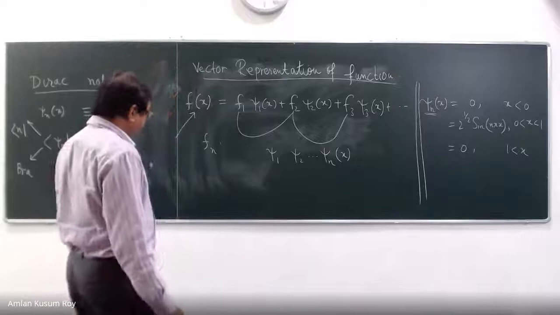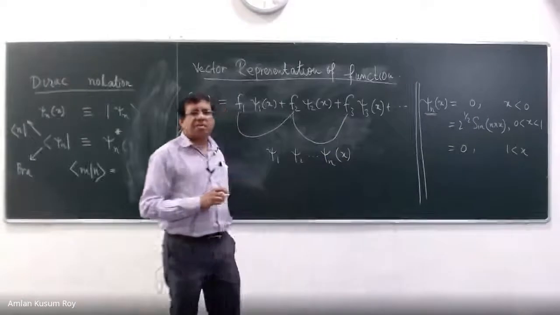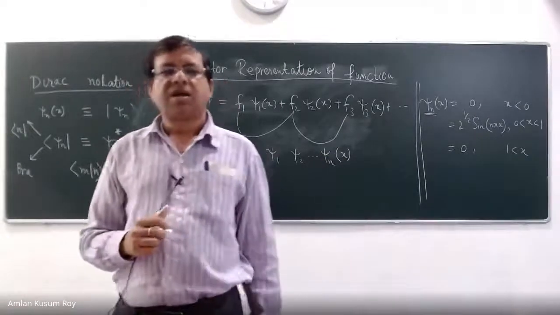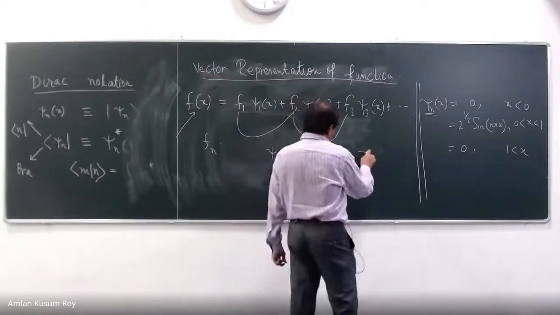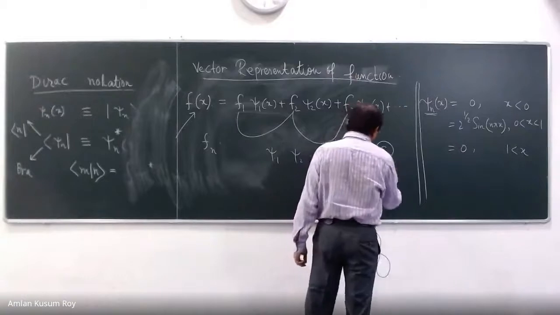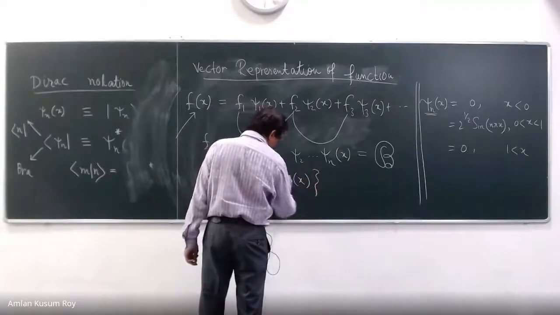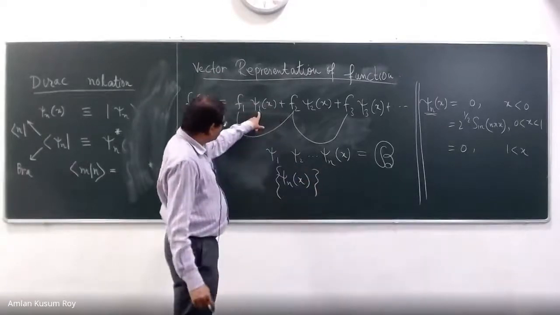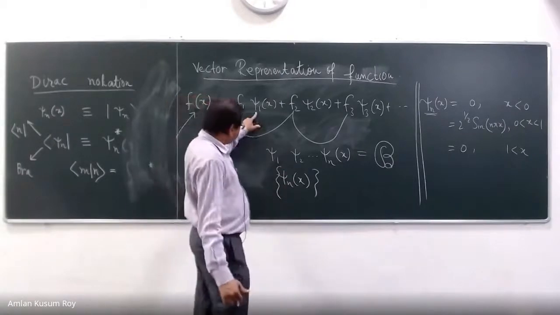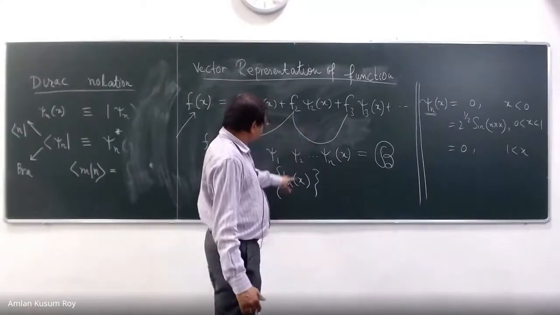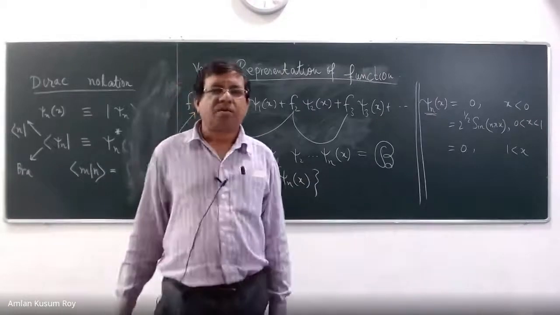So that means your psi 1, psi 2 up to psi n are actually part of a basis. They are actually constituting a basis. Okay, what does it mean? I am going to write a basis as B. So my psi n(x), the set, is a part of a basis. Psi 1 is one such member of that basis. A basis is a set. One member is psi 1, another member is psi 2, another member is psi 3. Right? But what is the specialty?